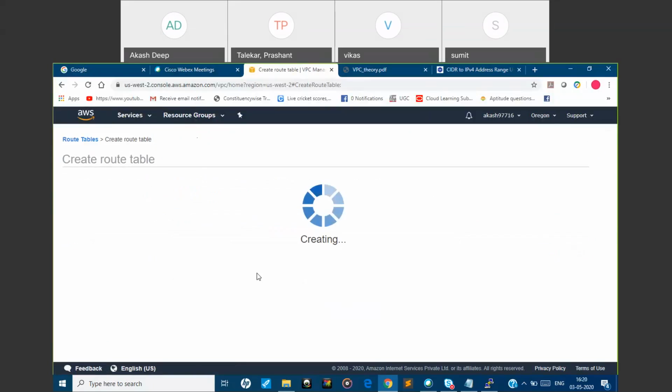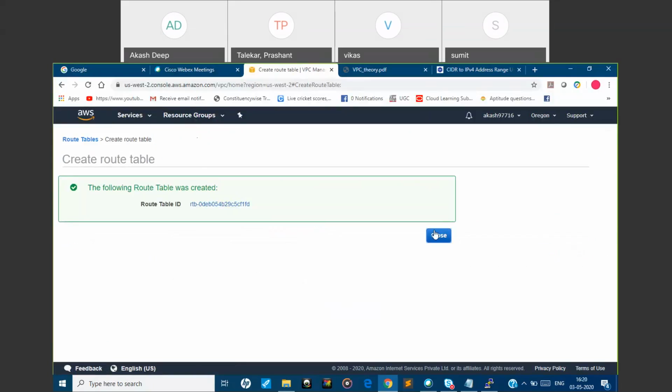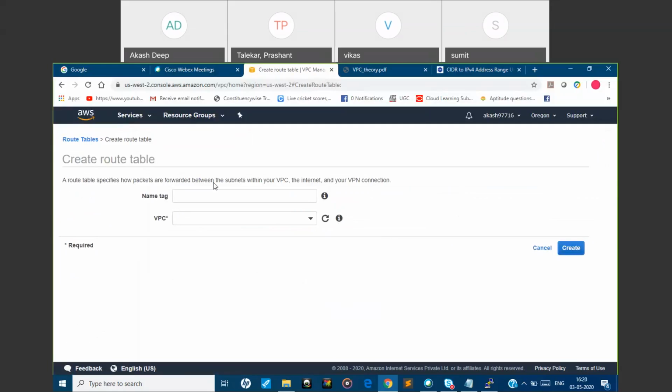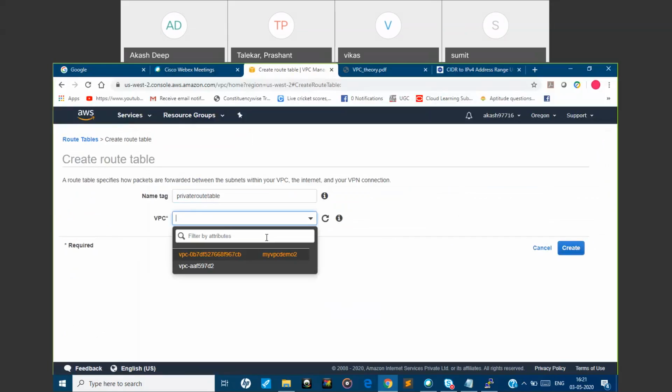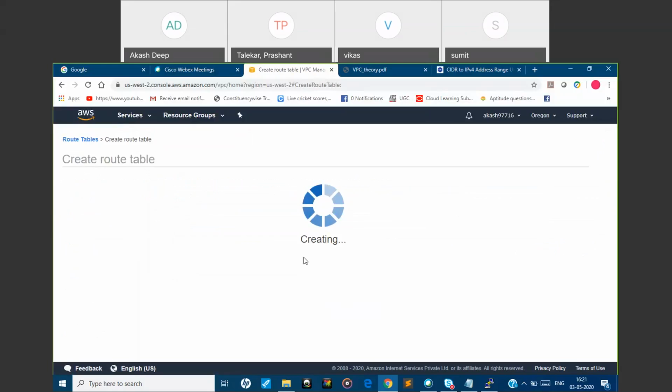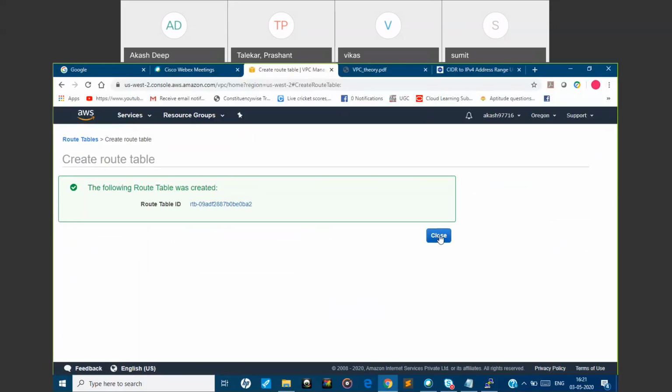Create. We'll click create one more route table, that is the private one. Private route table. Select the VPC. Create. Click on close.